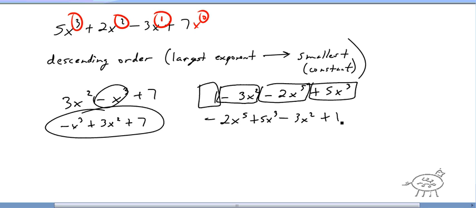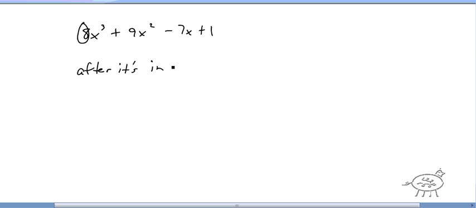What else here? So let's delete this, and let's write another problem out here. If I said, let's put something in descending order: 8x cubed plus 9x squared minus 7x plus 1. Okay, after it's in descending order, that's important. You have to put it in descending order first. So after it's in descending order,